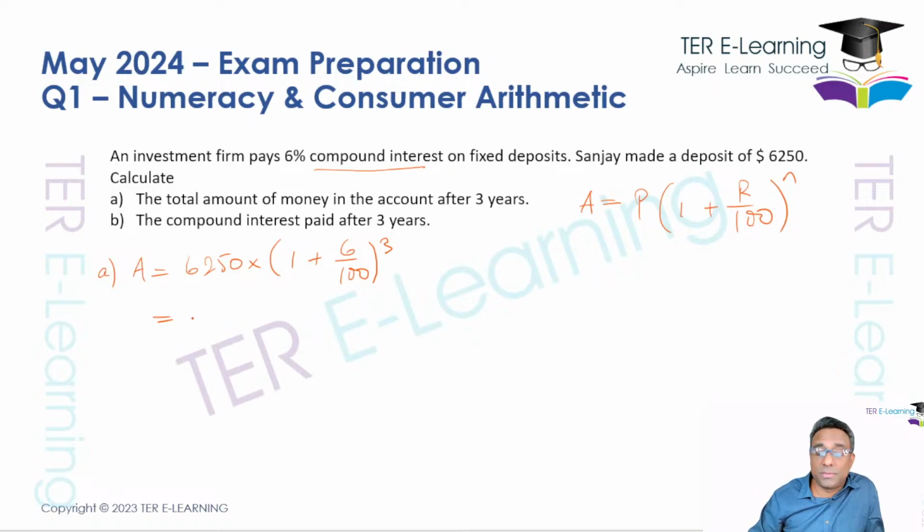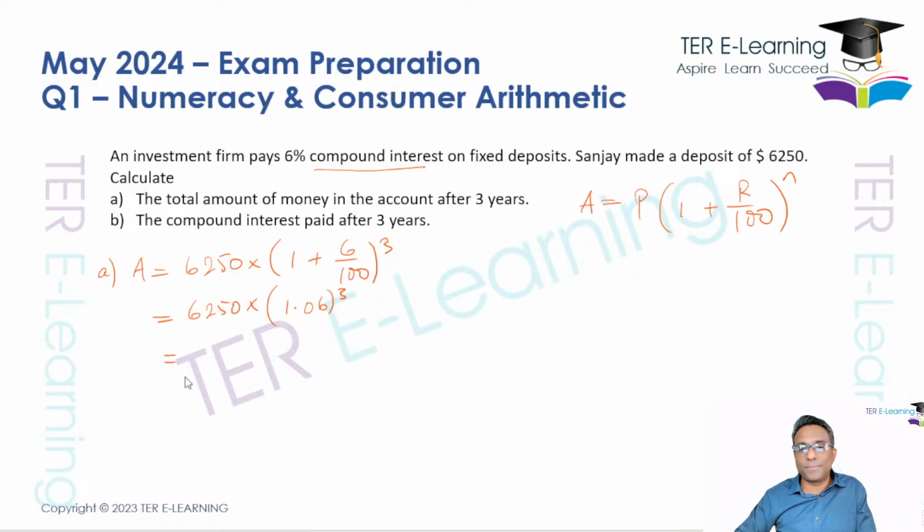So you're using a calculator for this, and what I suggest students do is this: 6250 multiplied by, now 6 over 100 is 0.06, so this is actually 1.06 cubed. So I'm going to work this out here. This is going to be 1.06 cubed multiplied by 6250, and you're going to get a total amount